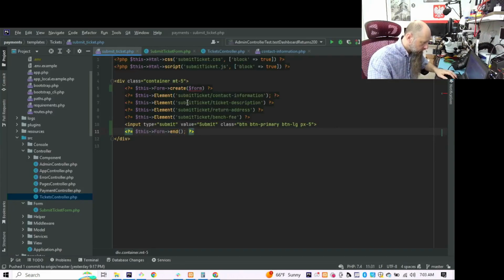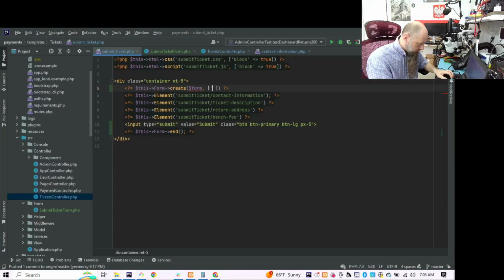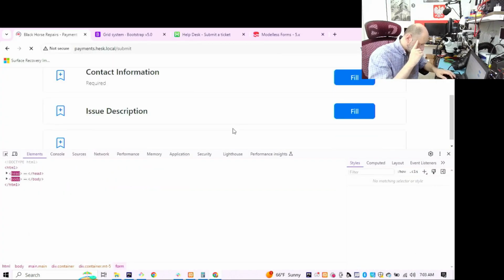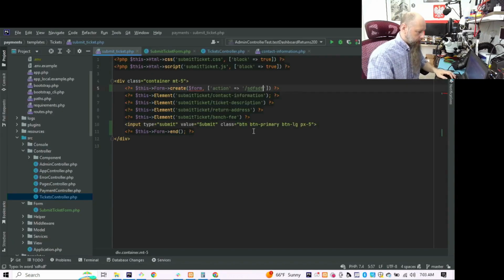Excellent. So the only thing that we want, what is the second here? Action, and let's just test it by giving it something else, just so we can see that it is, yeah, okay. But that action will be in ticket,